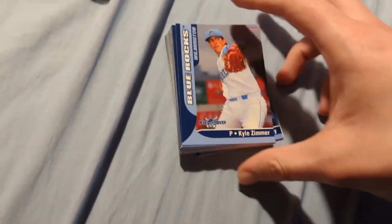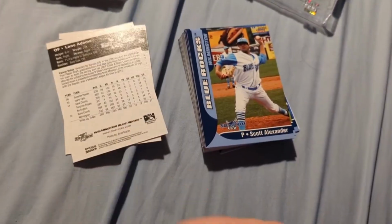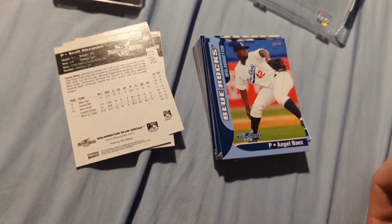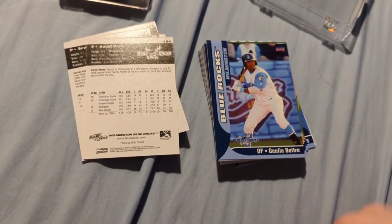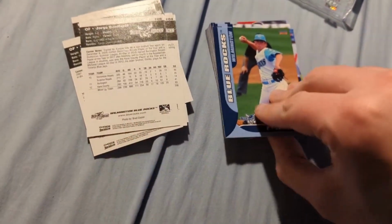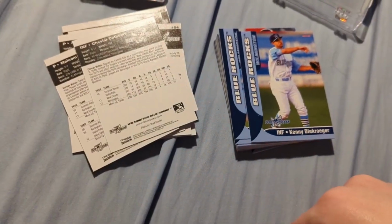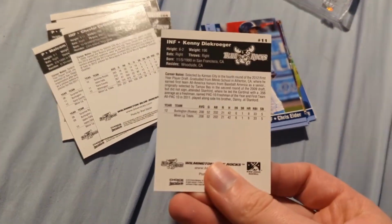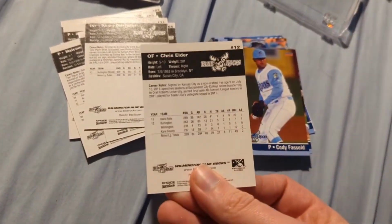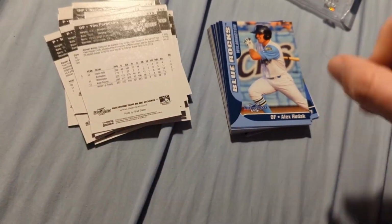So, Kyle Zimmer, Lane Adams, Scott Alexander, Angel Baez, Gulin Beltre, Jorge Bonifacio, Aaron Brooks, Antonio Cruz, Malcolm Culver, Chesler Cuthbert, Kenny Bike Roger, Chris Elder, Cody Fassold, Tim Ferguson, Alex Hudak,